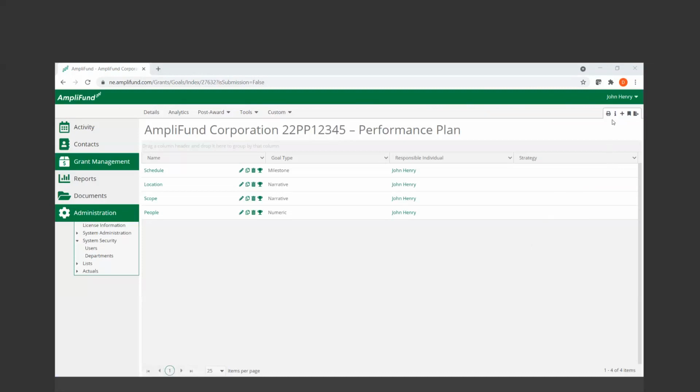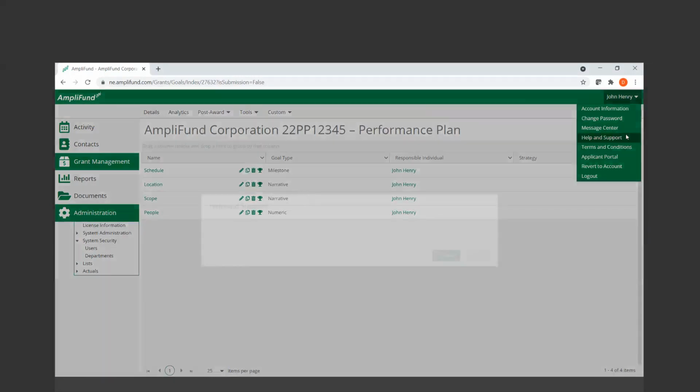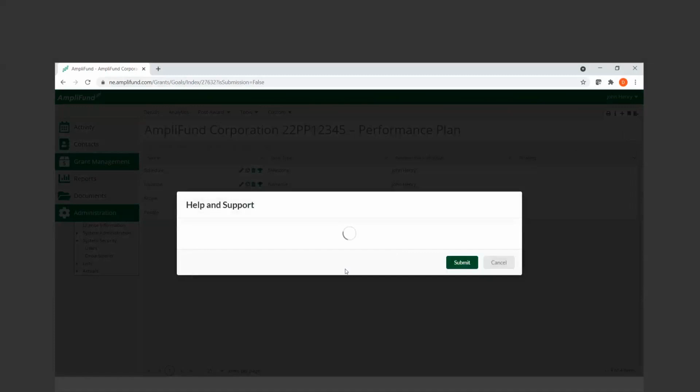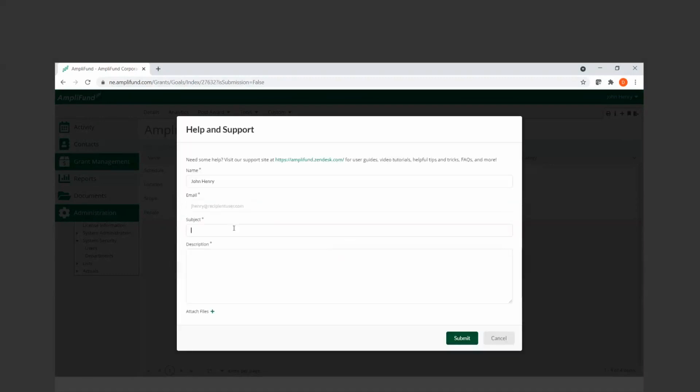If you scroll in your icon toolbar here in the top right-hand corner, and you hover your mouse over the eye icon, you'll see that's the help and support option. Or you can access help and support by your user drop-down menu and clicking on help and support. Once you're in this help and support window here, you'll be able to either access our support site, amplifund.zendesk.com, or you'll be able to submit a support ticket directly to us by filling out the fields here,